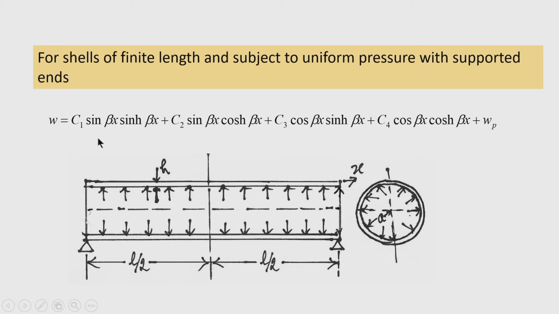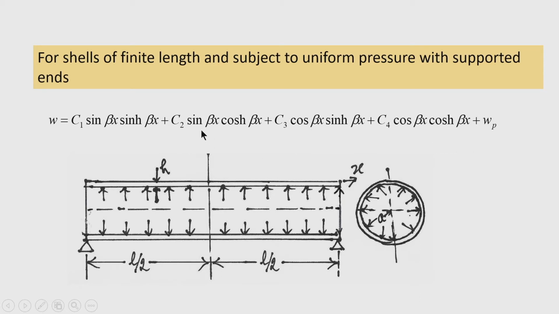So, let us identify what are the even functions in this expression. You can see that all the terms are products of two functions, one is a trigonometrical function and another is a hyperbolic function. Now, let us examine the first term, sin βx sinh βx, that is the product. Sin βx is an antisymmetrical function, sinh βx is also an antisymmetrical function. So, product of two antisymmetrical functions is a symmetric function. Similarly, cos βx is a symmetrical function and cosh βx is also a symmetrical function. So, product of two symmetrical functions is again a symmetrical function.